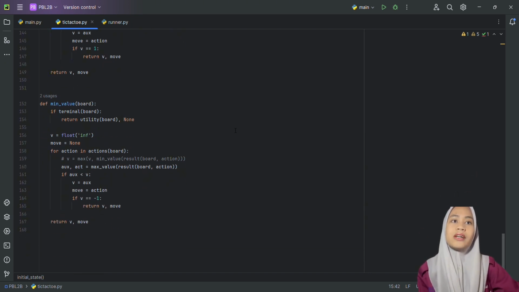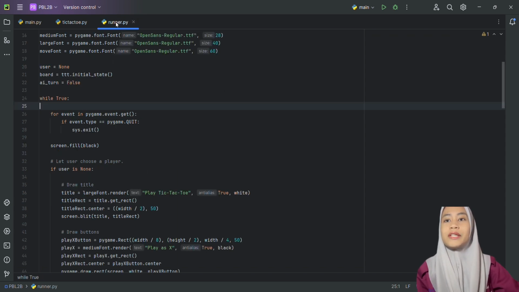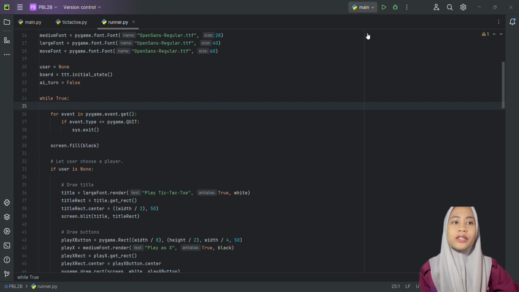This code uses the terminal function to check if the game is over or not, but it seems to have a redundant condition in the return statement. The condition "not any EMPTY in sublist for sublist in board" and "winner(board) is None" is essentially checking if the board is full and there is no winner, but "winner(board) is not None" is sufficient to check for a winning condition, so the condition can be simplified. So that's all the coding